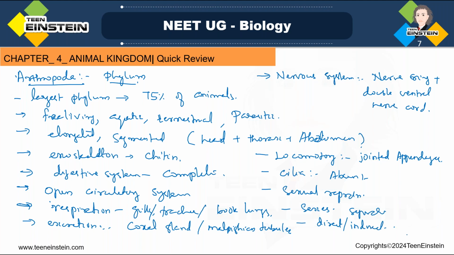Then another important point you can see is luminescent insects. You can see luminescent insects in this phylum Arthropoda. Clear? So these are the main points which I got from the previous year question papers. So be clear with at least these points. Okay. Next phylum is